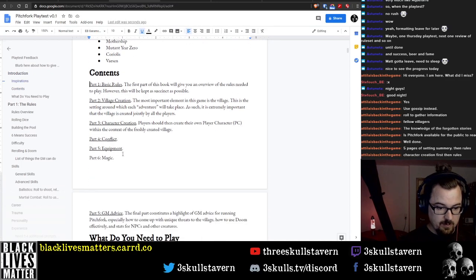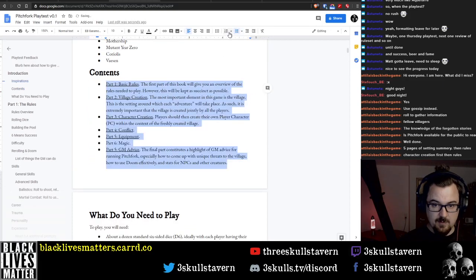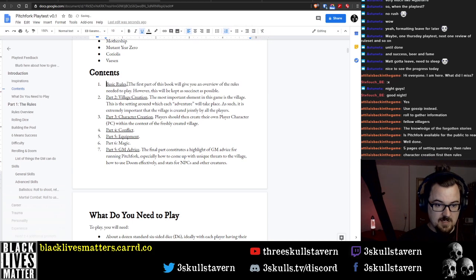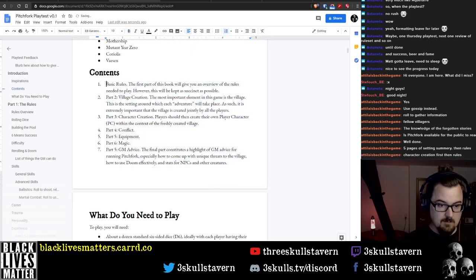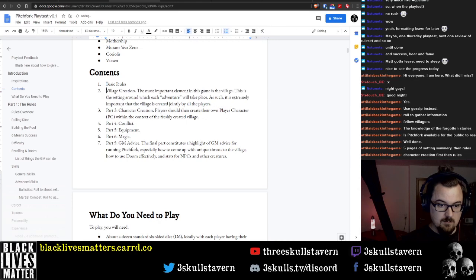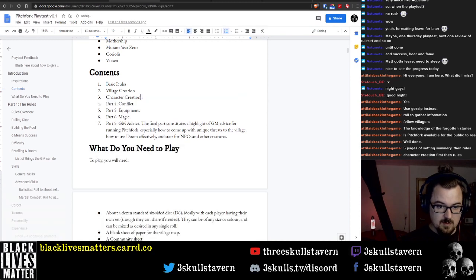I'm going to simplify this whole thing here so I can actually figure out what I'm doing. So the basic, I want basic rules at the start. Then I want village creation. Then I want character creation. Then we're going to do detailed rules. Then I'm going to do